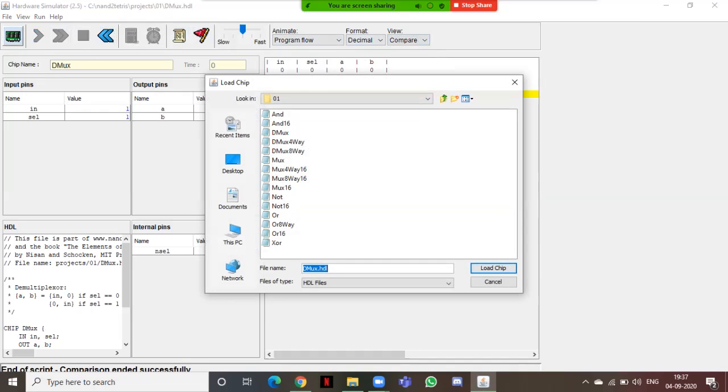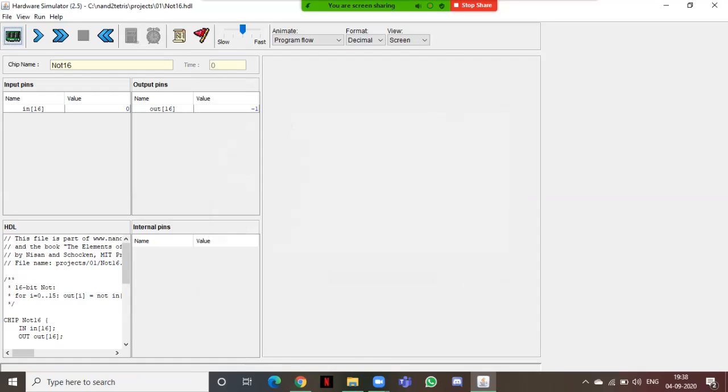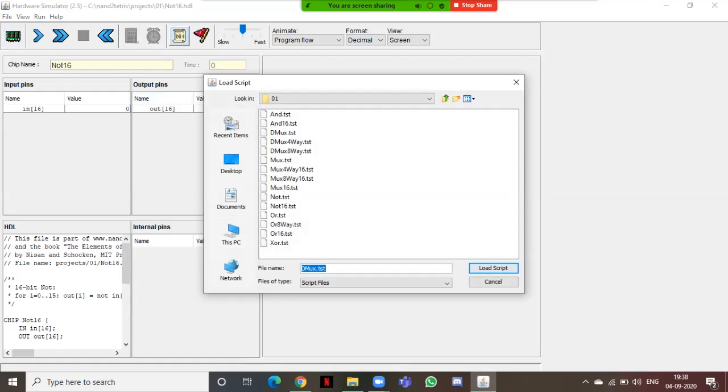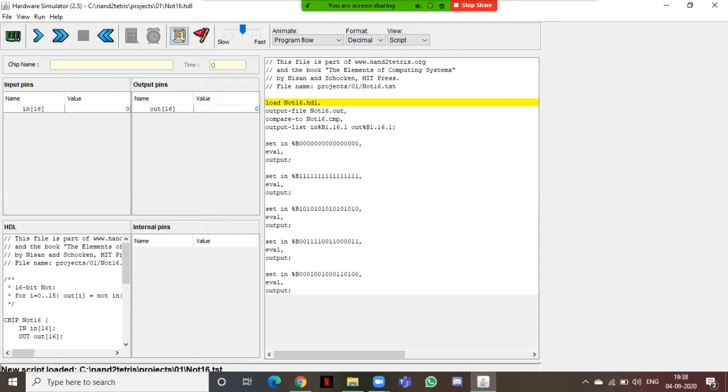So let's move to the next, that is NOT 16. We performed the NOT gate earlier, so we'll move to NOT 16. Let's load the script for the same. Loaded the script. And see, it's a 16-bit function.